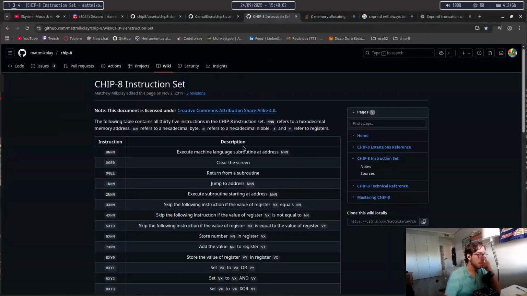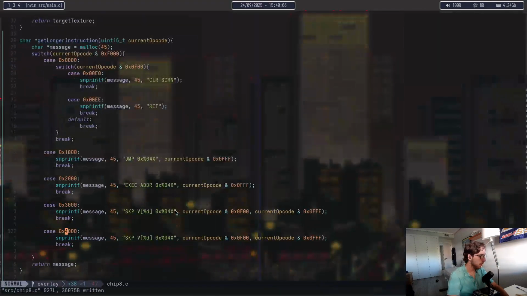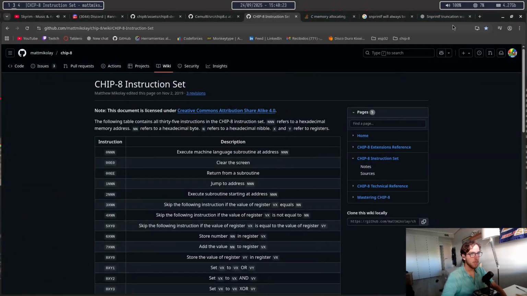Okay. Skip the following instruction if the value for register px is not equal. Don't think that's the way to go, but